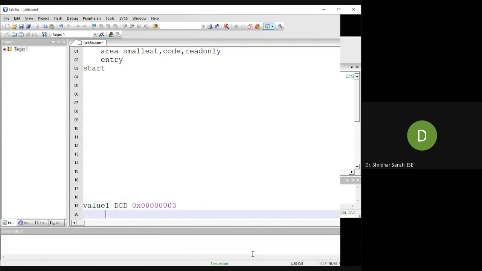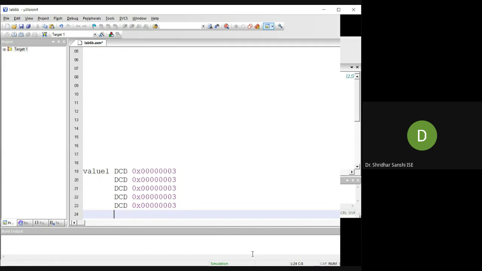This is the first value, then 2, 3, 4, 5, 6, 7. I suppose I will give 8.